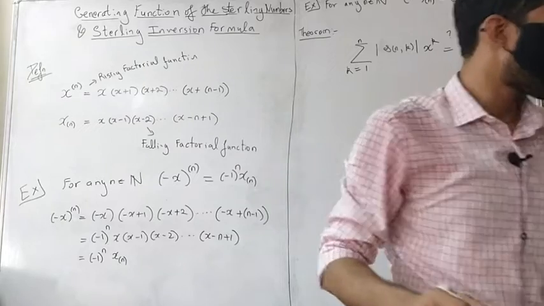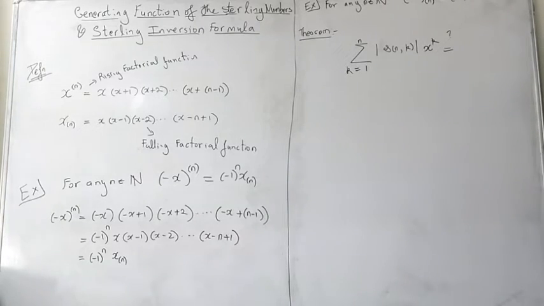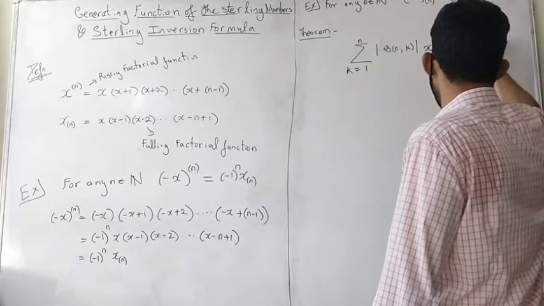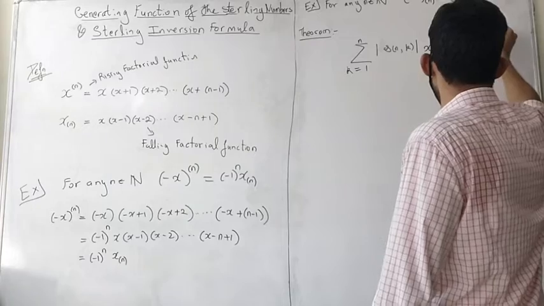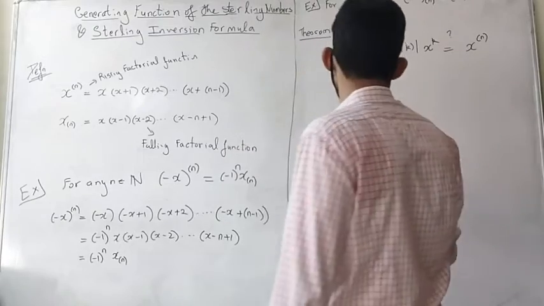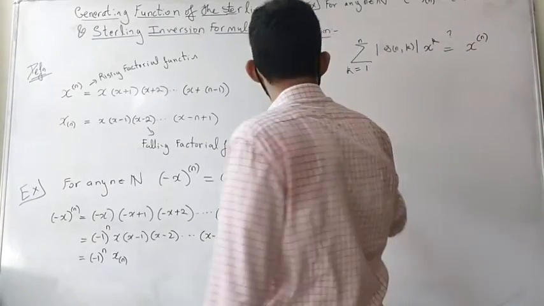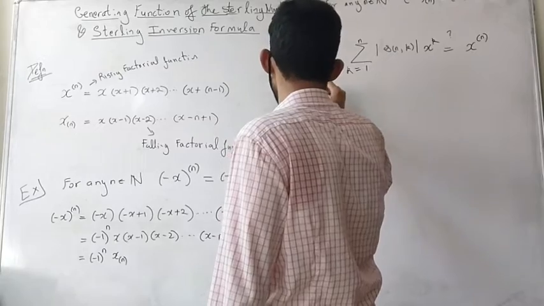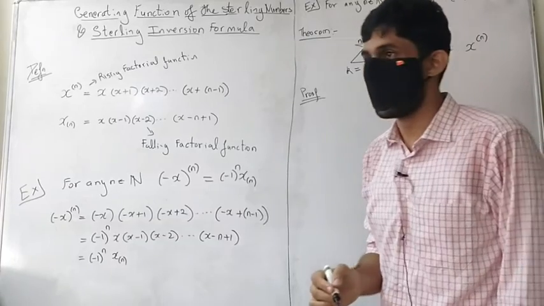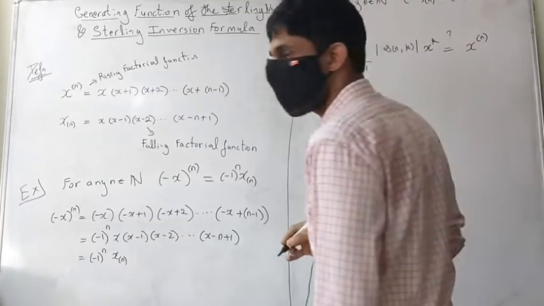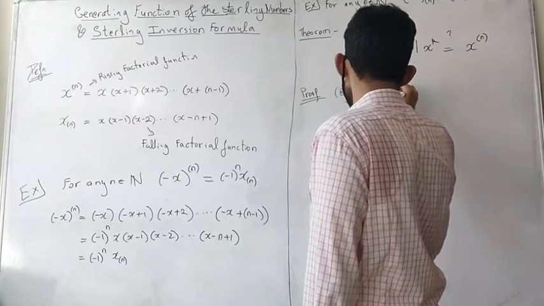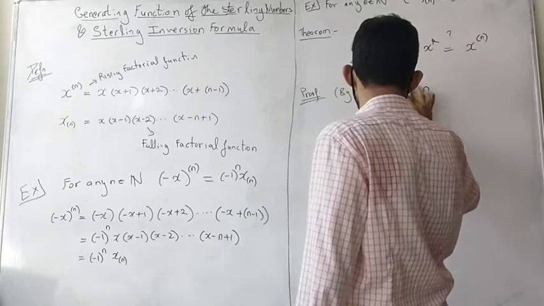Okay, and surprisingly enough, because I am not giving you a proof, this is actually x^(n) (the rising factorial). Okay, this is actually x^(n). It should amuse you how this actually comes up. The proof is very simple. We just go by induction to get this. So the proof is by induction on n.